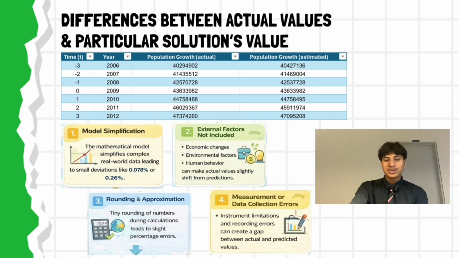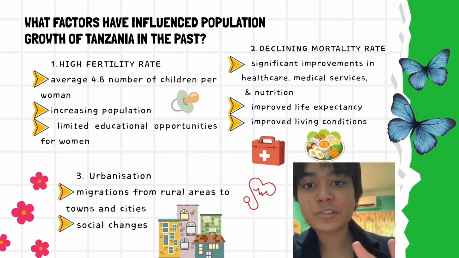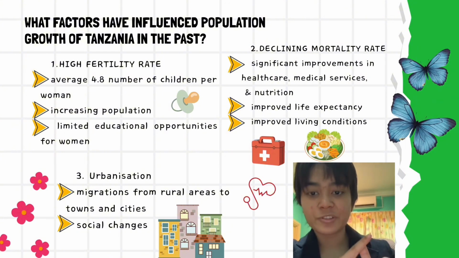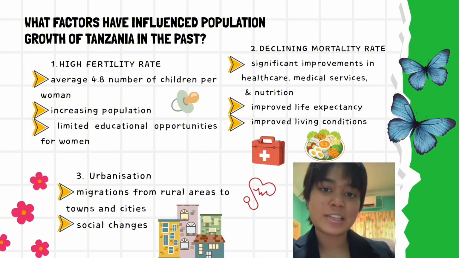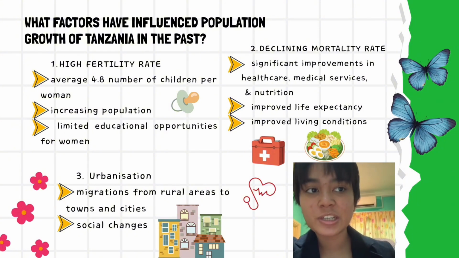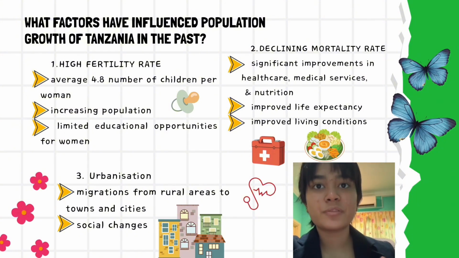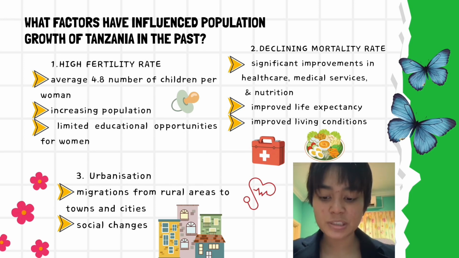and predicted values. So the three factors that were influencing the population growth in Tanzania would be the high fertility rate, the declining mortality rate, and the urbanization. So the high fertility rate, women were averaging about 4.8 children per woman, and because of that there was an increase in population, and also due to the fact that women were offered limited educational opportunities, so they were forced